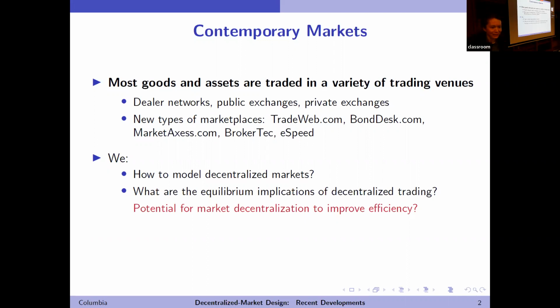And the focus question in the modeling part will be the following: what are the decentralized market equilibrium effects which have no centralized market counterparts? That may be out of your scope, but there is no problem. There is no information friction here in this world, right? Traders will have private information, but we want that, and I'll actually talk about why we want that. We don't want to be working with models with complete information, because private information is an important source of inefficiency, and I like to think about market design or the choice between market structures as an exercise about reallocating the surplus among the traders.